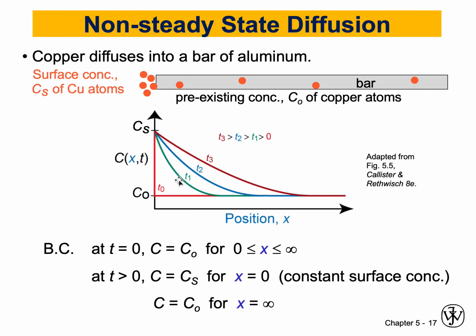And that's what my experimental data will look like with respect to time. So at time 3, this is my concentration of copper inside the aluminum bar. You can see that I'm going to get more and more copper coming in, and it's diffusing and filling the bar. So that's the empirical value. Now we need to describe this phenomenon, this behavior, because now I have position and I have time, and I want to see how I can describe this.